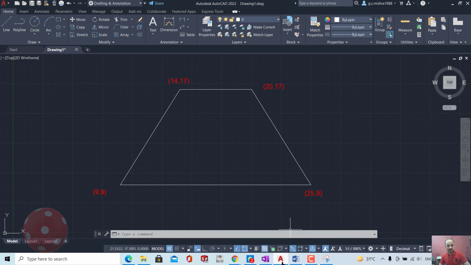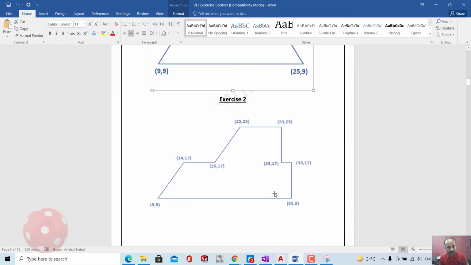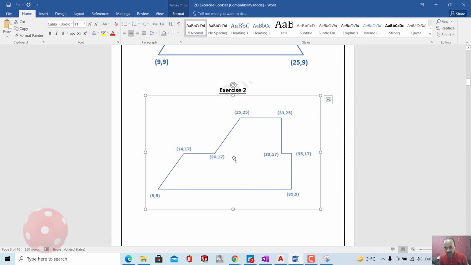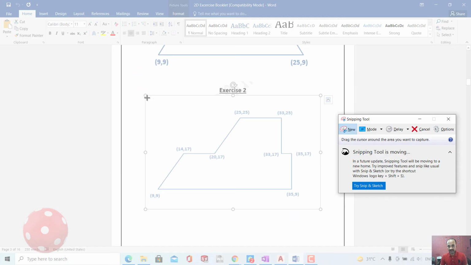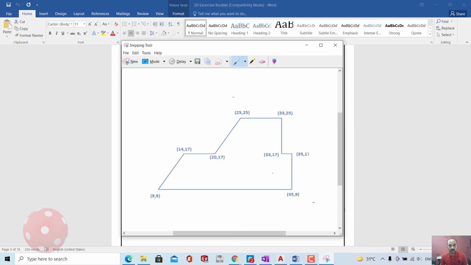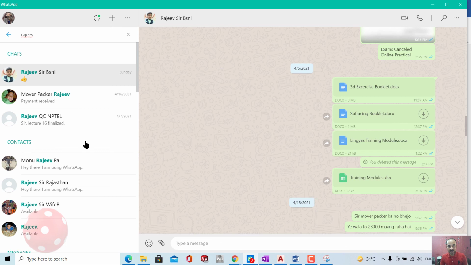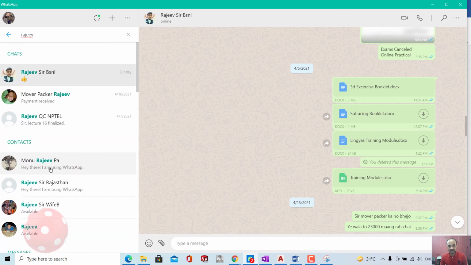So I will be providing you one exercise that you can do on your own. A similar exercise for the exercise purpose. So in the same way, one drawing I will draw and the second drawing will be available for your exercise.